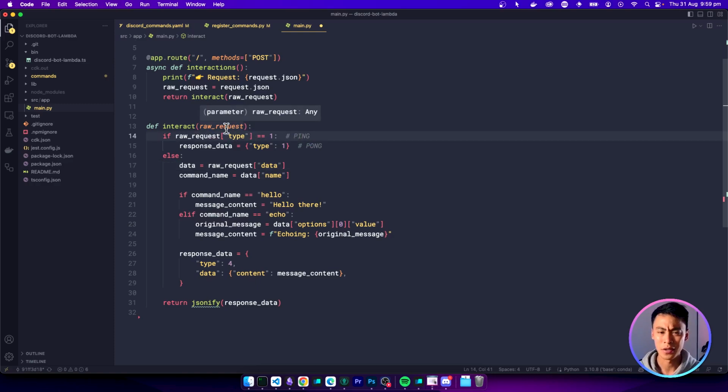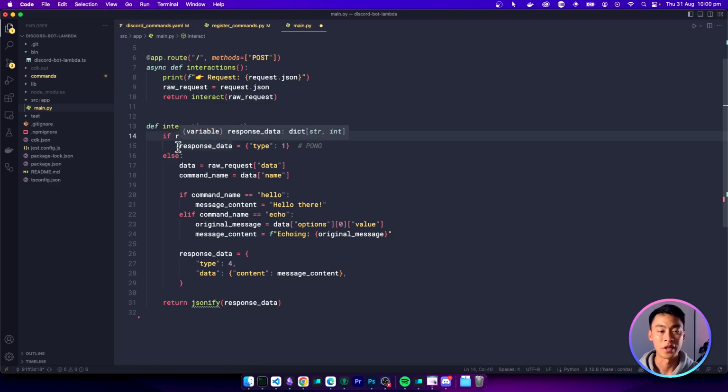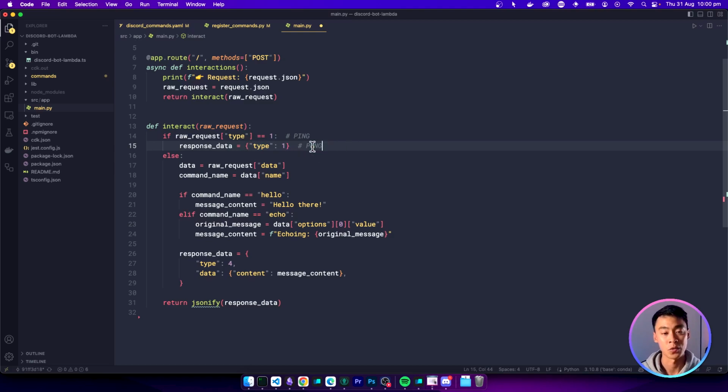You might have to go to the Discord documentation if you want a full breakdown of what this request could look like, but here are the basics. The request is going to have a type. If the type is equal to 1, this is Discord's health check, which you kind of need to support if you want Discord to validate that your bot works. It might send periodic health checks, and what we need to do is just reply with a type 1 as well. This is just like a ping to the server.